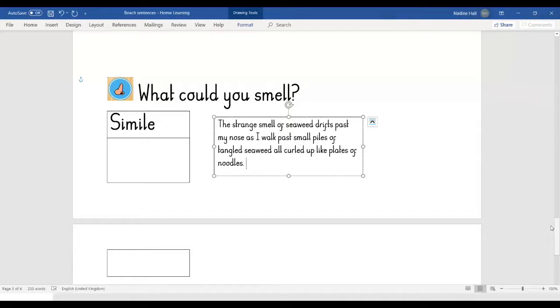Right, what I need you to do now then is pause again. Go and have a think about what smells you might smell when you're standing on the beach. Lots and lots of different smells. And then think about what you can compare either the smell to or the thing that is smelling. What's it like? Be really careful that it does definitely make sense, because sometimes we get a bit muddled here